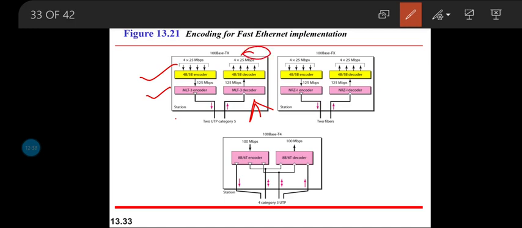Then we have the transmitter and receiver part, and this is the transmitter part. You can see the transmitter is transmitting data at a rate of 4 × 25 megabits per second, which means all 4 lines make use of the available 100 megabits of data as 25 Mbps, 25, 25 and 25 Mbps for each connection.